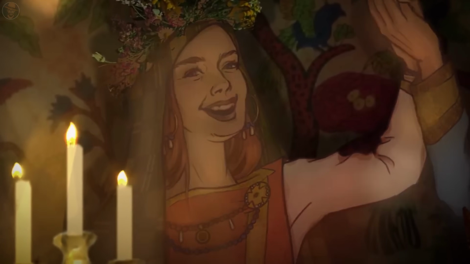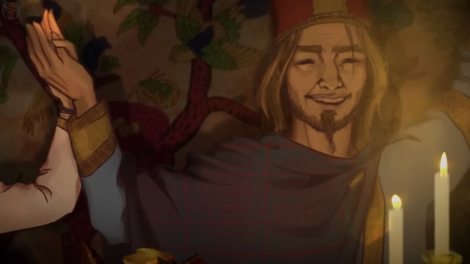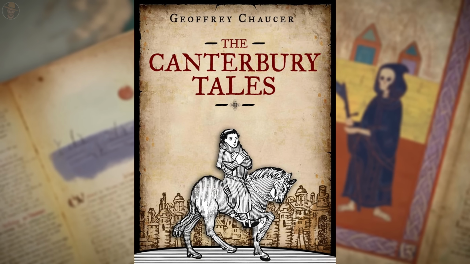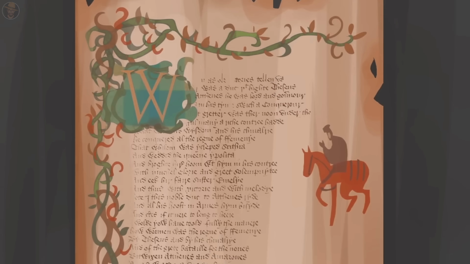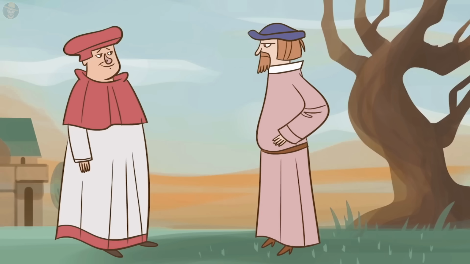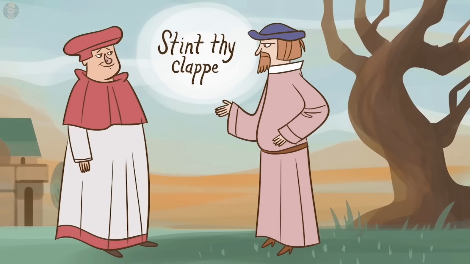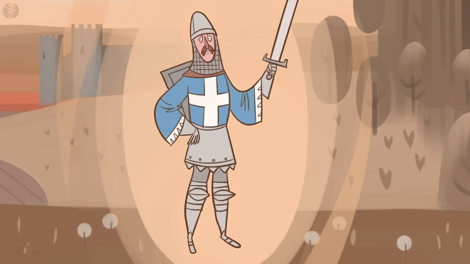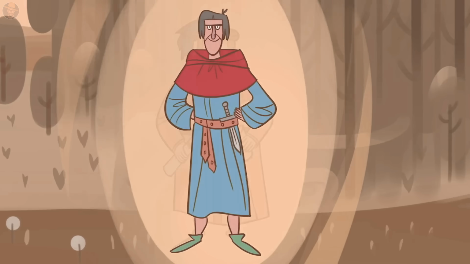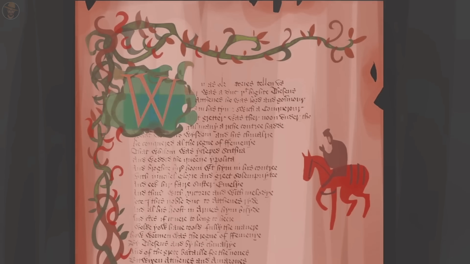This period also witnessed the creation of remarkable literary works. One of the most famous is Geoffrey Chaucer's The Canterbury Tales, written in the late 14th century. Chaucer's use of the East Midland dialect of Middle English helped to standardize and promote this form of the language. His vivid characters and engaging storytelling not only provide insight into medieval life, but also showcase the richness and flexibility